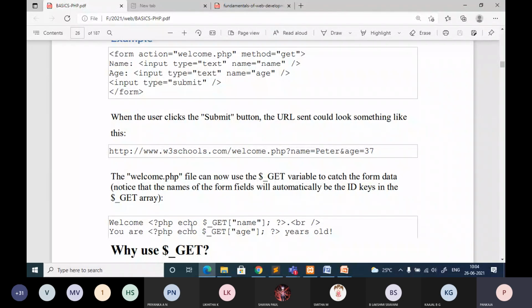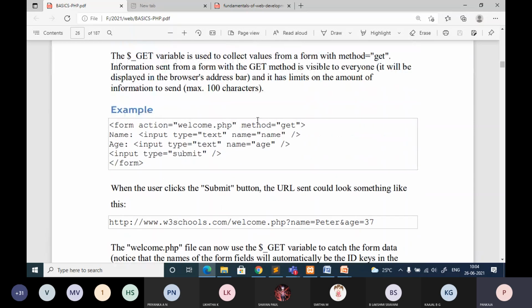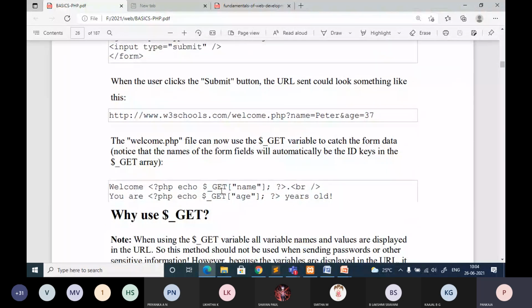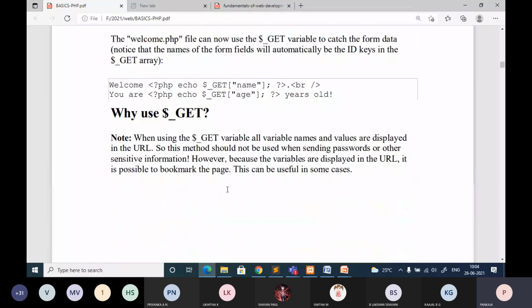Accordingly, you use the global array variable to access the form elements. There should be a correspondence between GET and POST. Whenever you have specified the method as get, you have to use $_GET. If you try to use $_POST here, you will not be able to get the output. That we have already seen.